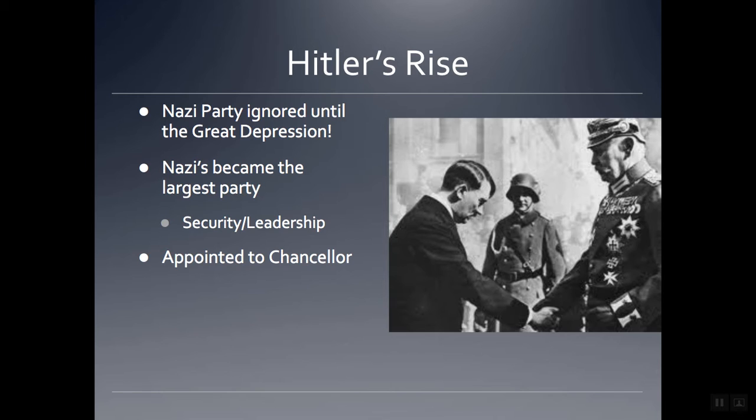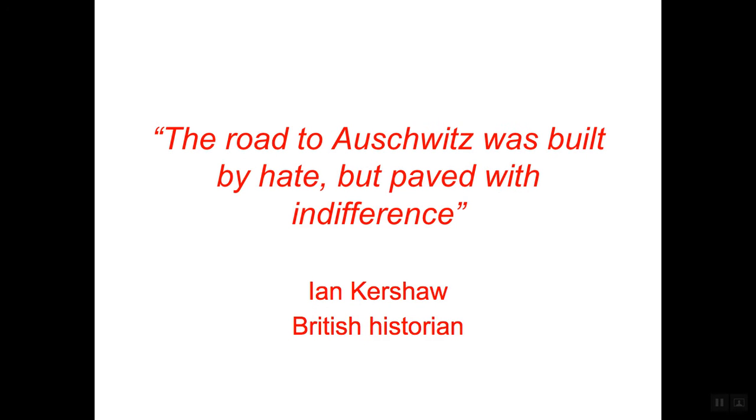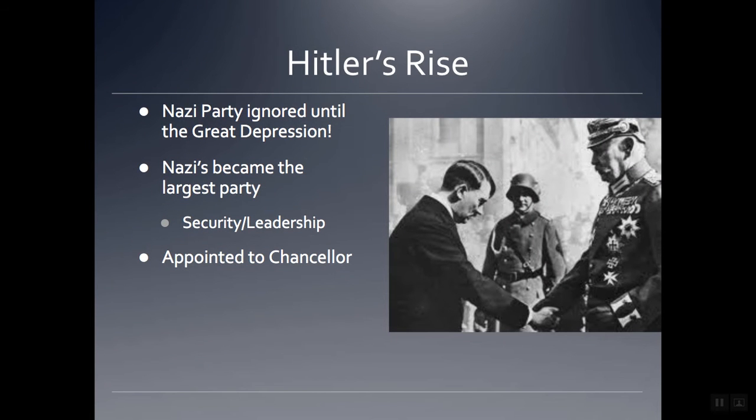Well, obviously, we know history. We can look back in time. The joke was on him because there was no way he was going to be able to control Hitler. So Hitler is given this position and he quickly takes over Germany. Interestingly enough, many people warned the president, saying there's no way you're going to be able to control this rabble rouser, is what they called him. And they were right. Hitler quickly moves from chancellor to becoming the Führer of the entire Third Reich, which is the new Germany that Hitler creates.